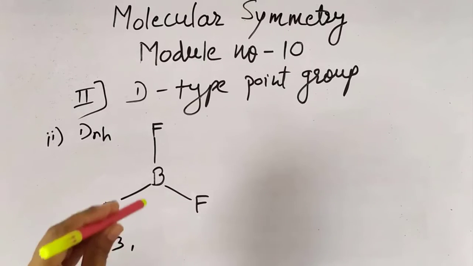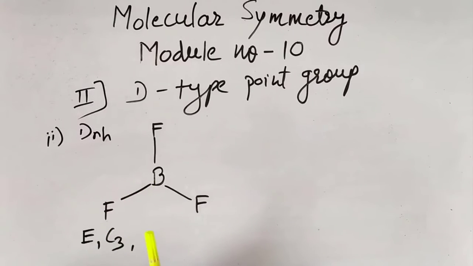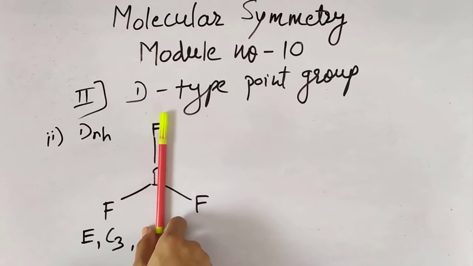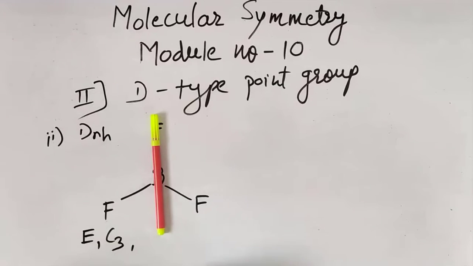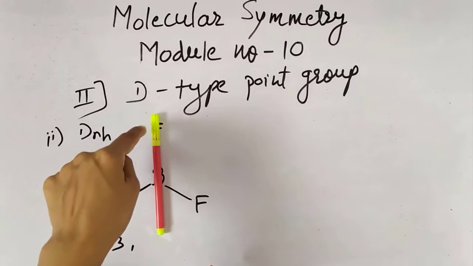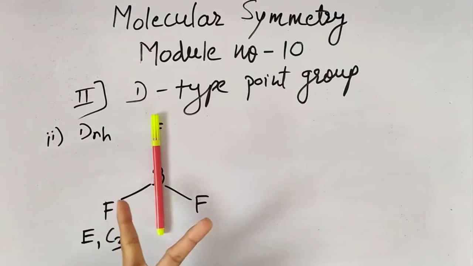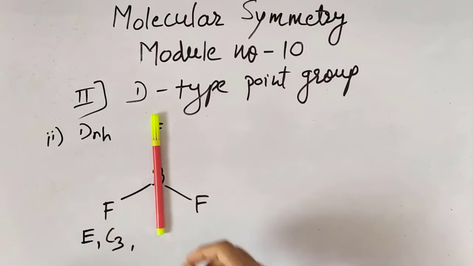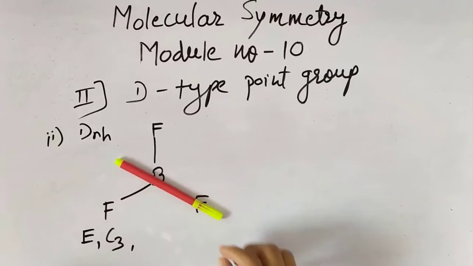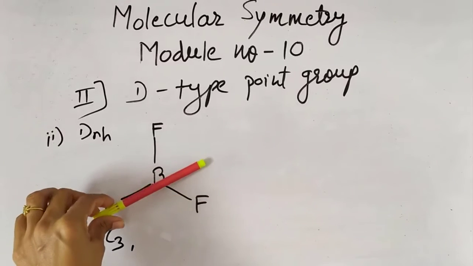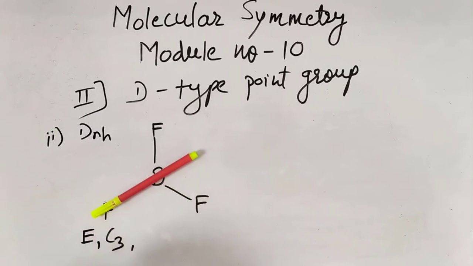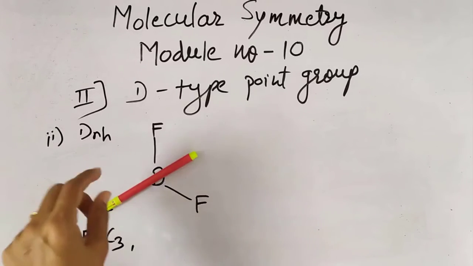Then we have seen the presence of subsidiary axes in the BF3 molecule also, if you might be remembering. How have we passed the subsidiary axis? First one was like this. Then we rotate the molecule like this. This fluorine and boron will remain at their own place and these two fluorines will get exchanged. This is the second subsidiary axis and this is the third subsidiary axis. What is the angle of rotation in all these 3 subsidiary axes? 180 degrees. So these are 3 C2s.